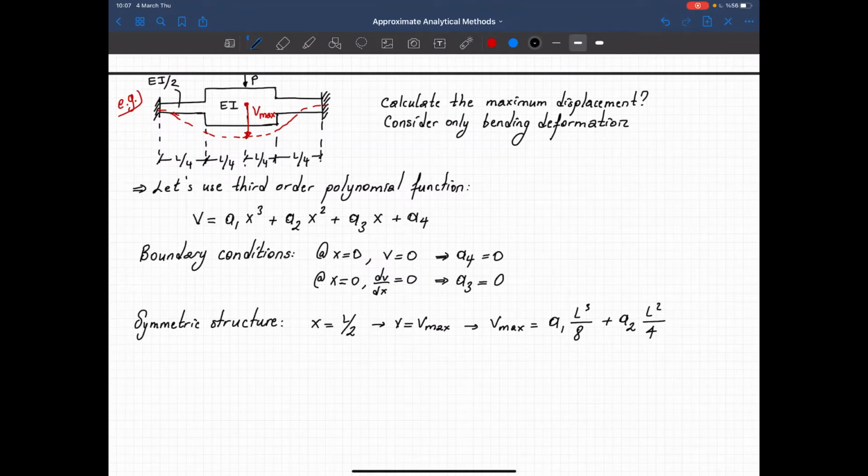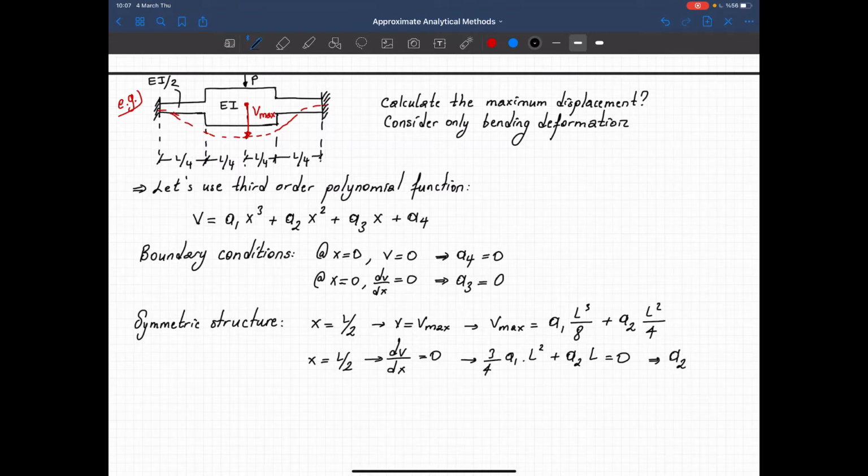And also at x is equal to L over 2, I know that dv over dx is equal to 0, and from that equation I have 3 over 4 a1 times L squared plus a2 times L is equal to 0,